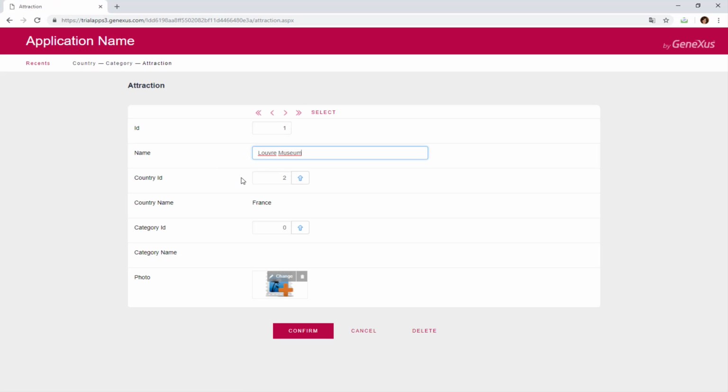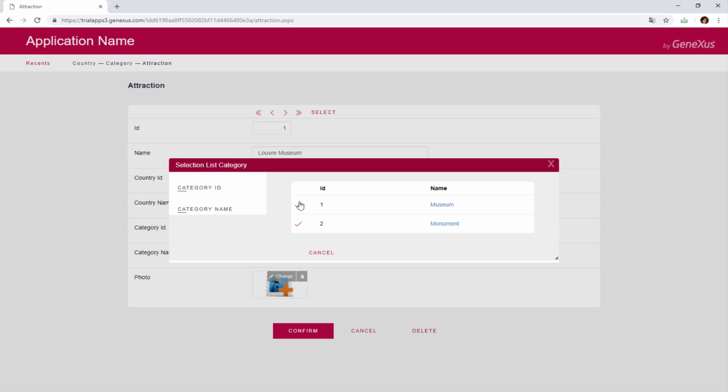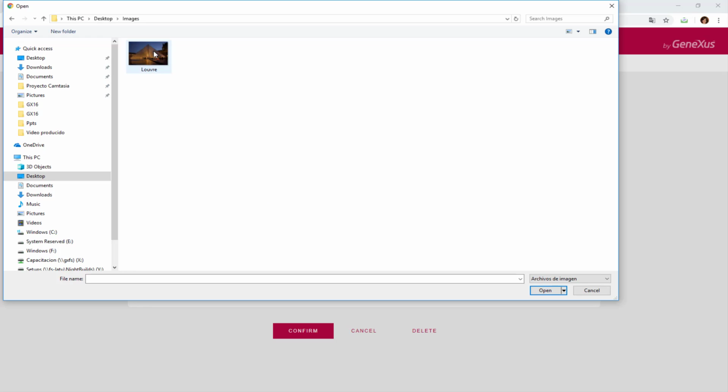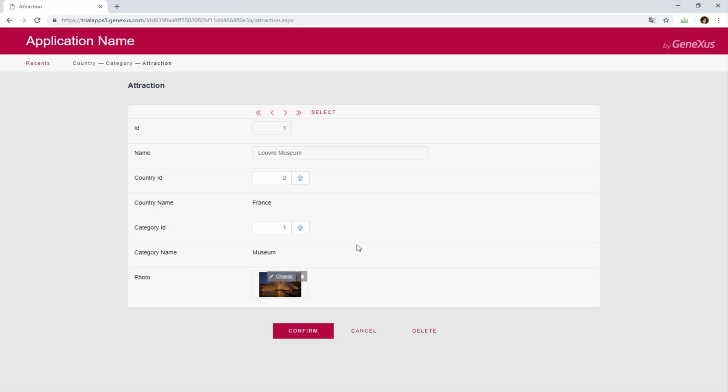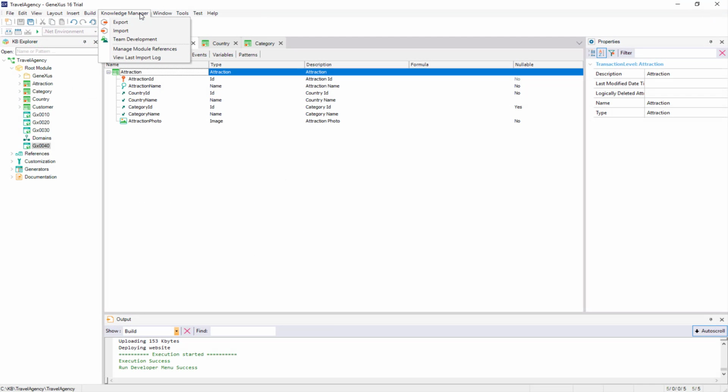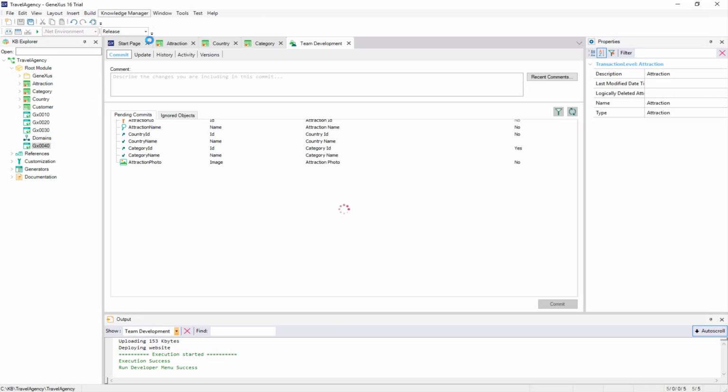We can see that it allows us to enter a category and a photo. We search for the Louvre Museum, and we assign it the museum category and a photo. And we confirm. Lastly, we send the changes we've made to the GeneXus server.